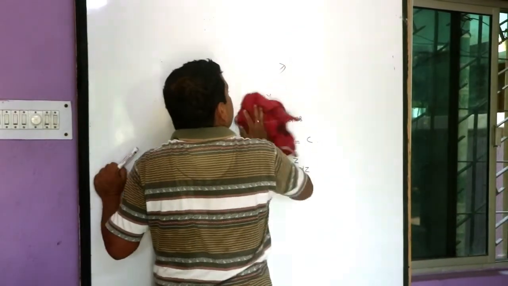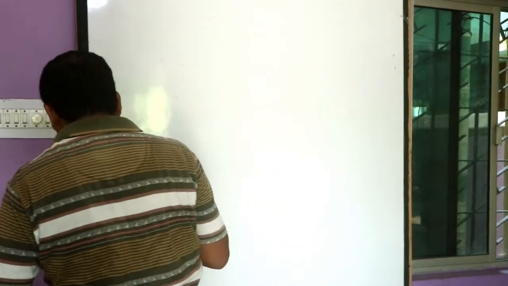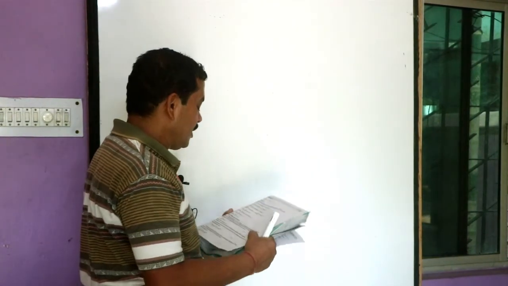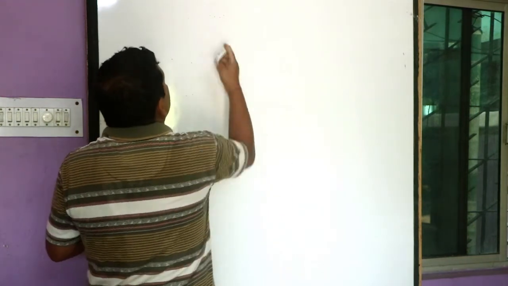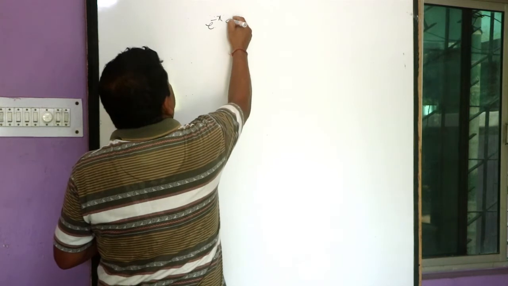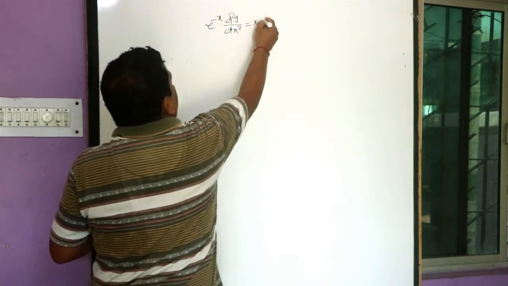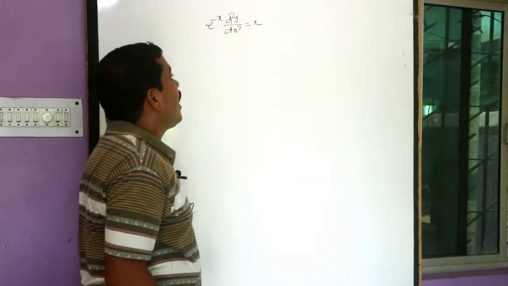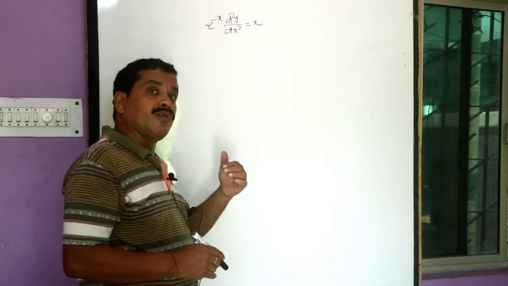This type of differential equation is type 1, meaning here we integrate once only, because the differential equation involves first order. If the differential equation is of the second order, suppose e^(-x) d²y/dx² = x, this type is a second order differential equation. Here we have to integrate twice.